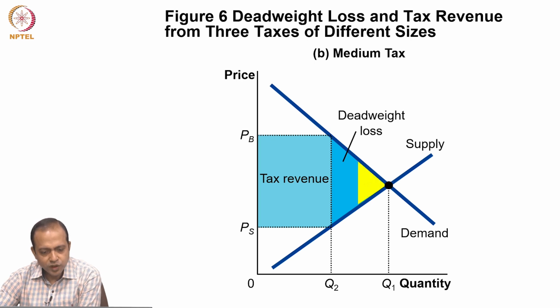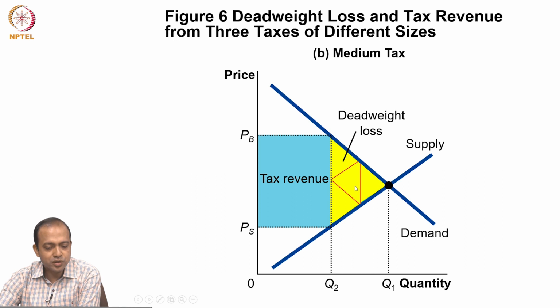But how much is the increase in deadweight loss? Please try to understand. Earlier it was only this much. Now, if I divide this entire area into 4 equal-size triangles, it would be easy for us to understand. When the tax size doubled, look at the deadweight loss, it has increased 4 times,